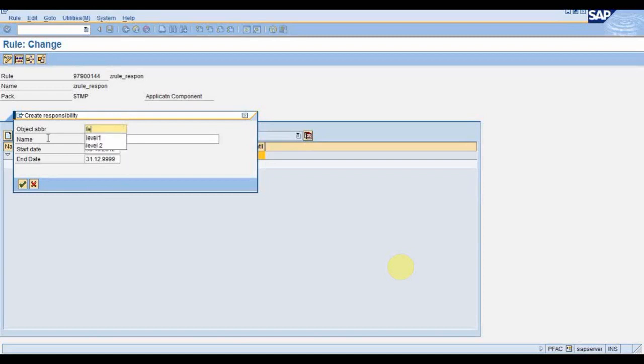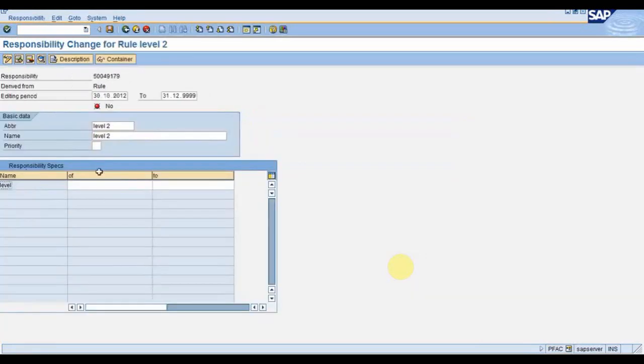Now for level 2, let me write here. Don't confuse with the name, okay? I'm just giving a random name. For level 2, suppose first was 1 to 3, suppose this is from 4 to 6. So for 4, 5 and 6, level 2 will come out.